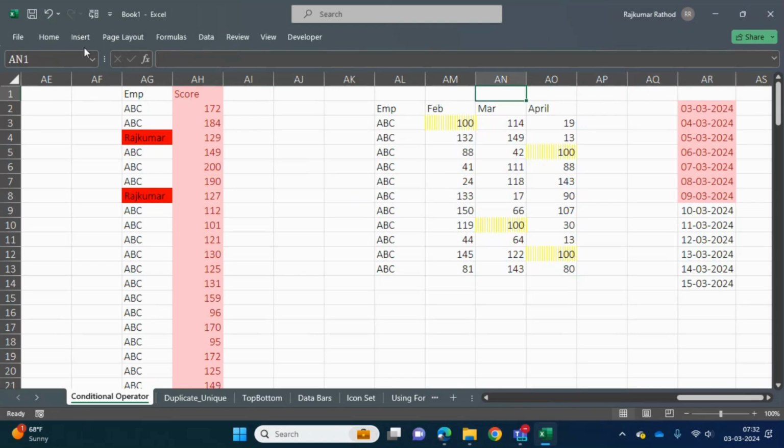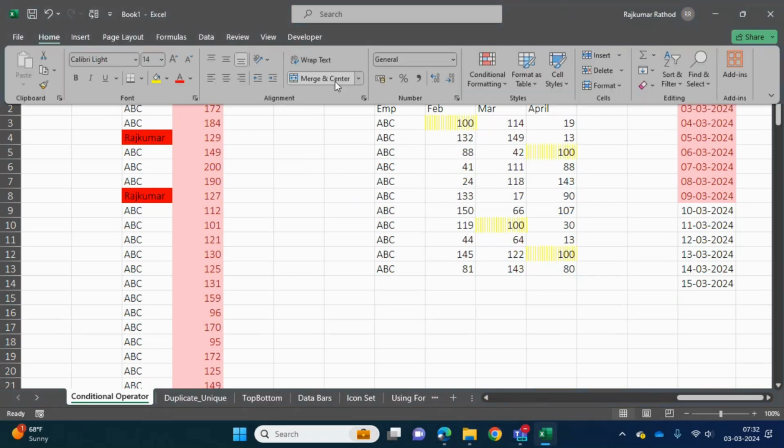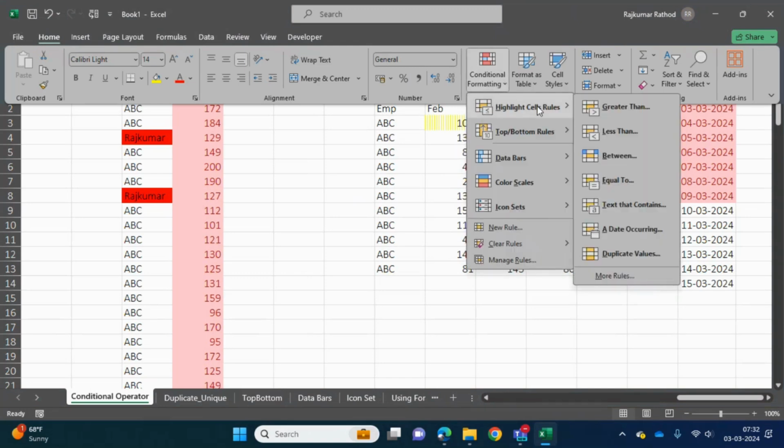So this is all conditional formatting. But here, if you see, yesterday in the conditional formatting we saw greater than or equal to. That is not available here. Less than or equal to, you do not see here. Between, or maybe not equal to, we also saw yesterday, right? That is also not available here. So in that case, if you want to apply those, you have to go to more rules,